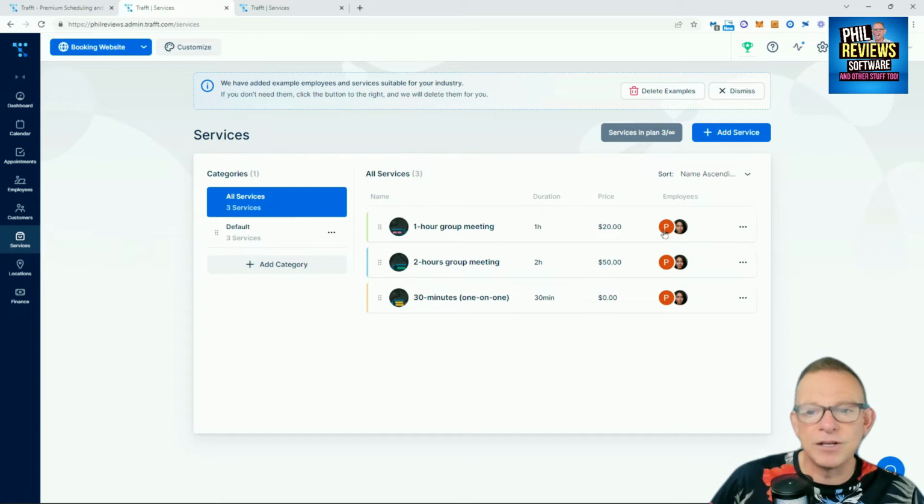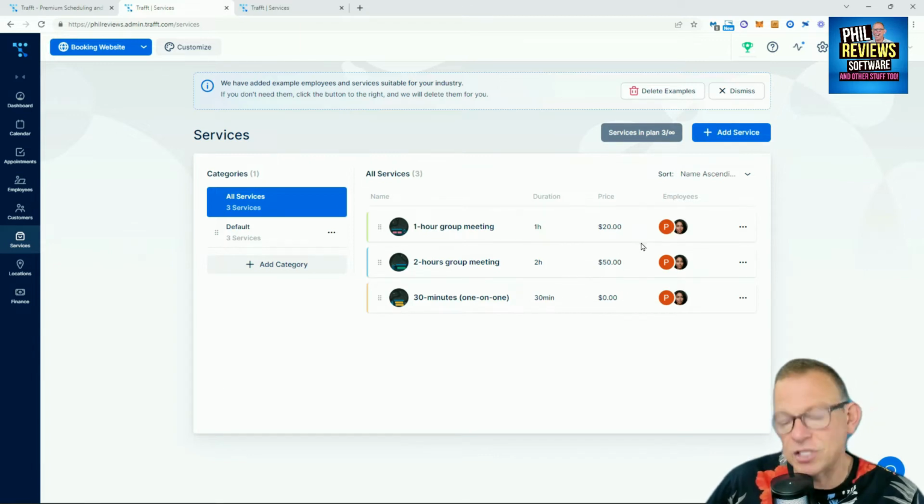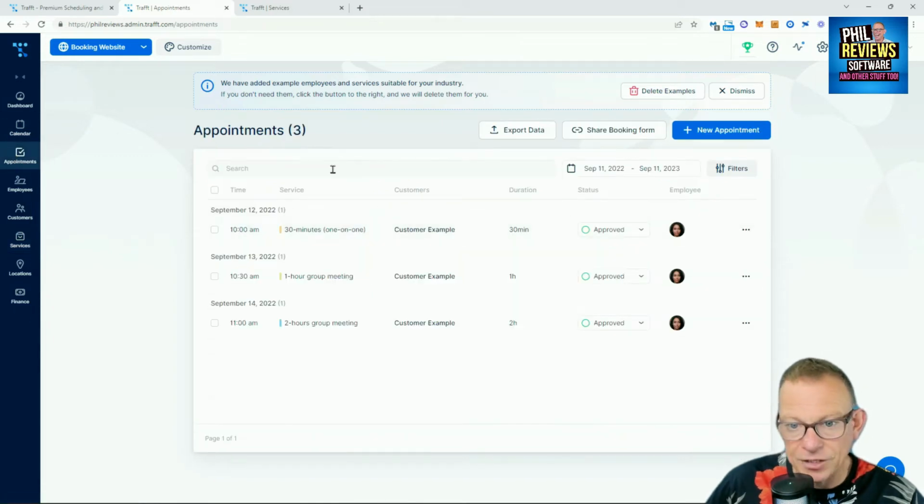It might be that employee number 1 offers a 1 hour group meeting and a 2 hour group meeting, but employee 2 doesn't do that. They just offer one of those services, and you can assign it so that each employee has a service. Once you've got your services, let's go to the appointments, and if you wanted to add a new appointment,